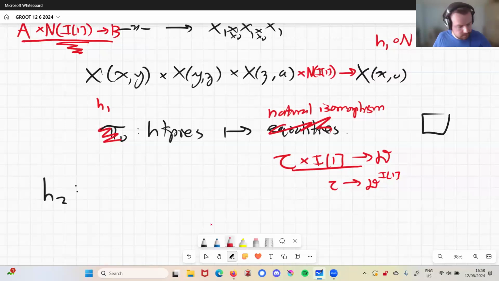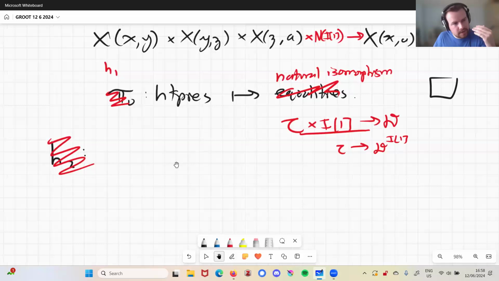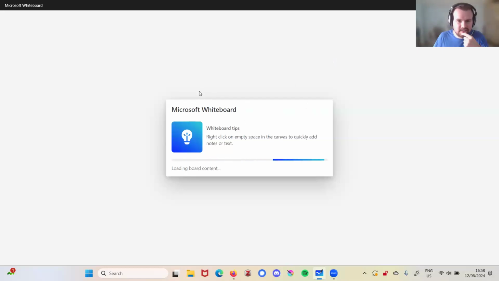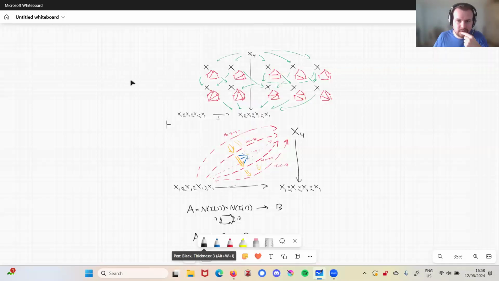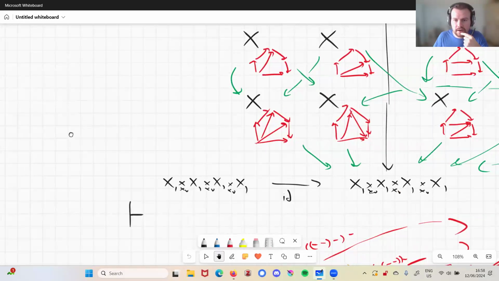All right. Now I need to prove that this thing actually is a bicategory. So to prove this, I need to prove the pentagon condition. How am I going to do that? Well, there's a reasonable amount to draw. So I'm going to be a little bit lazy and hop outside to another drawing that I've got, something that I prepared earlier. Hopefully this is the correct thing. Sometimes it hops around. Yep, exactly this. Right. So let's look at this drawing for a little bit and just stare at it.